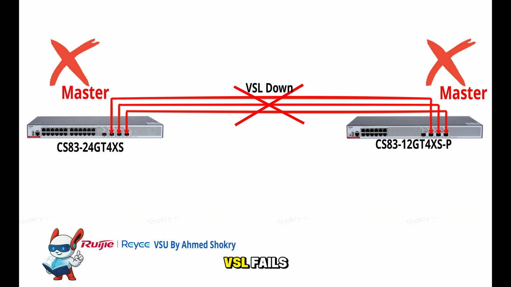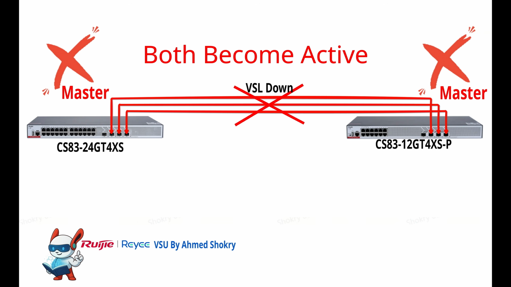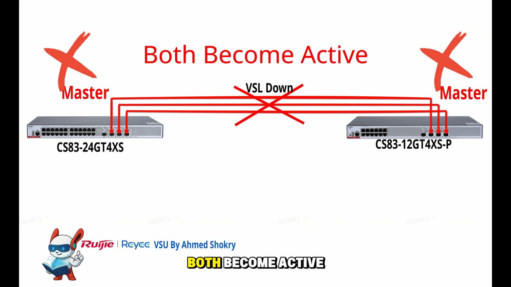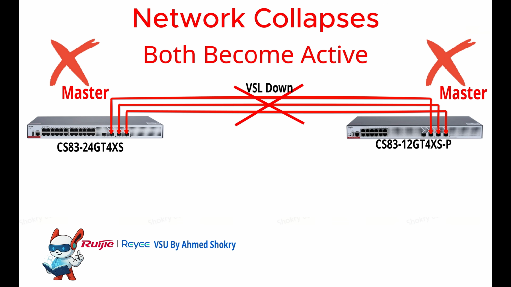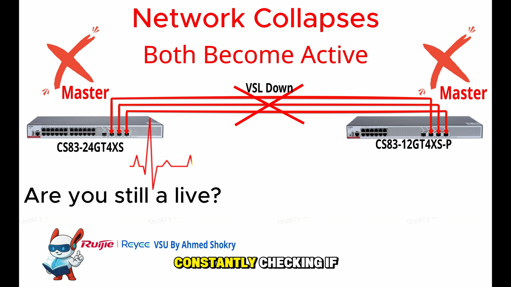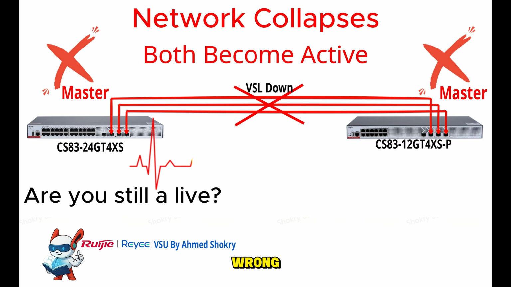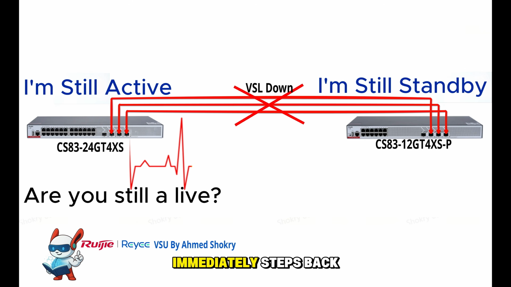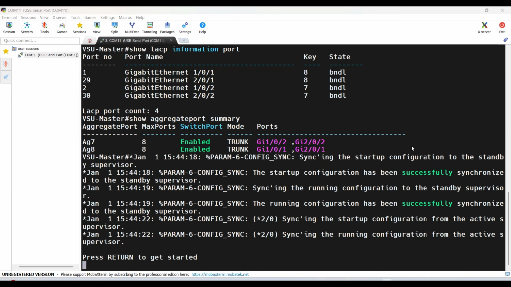Because if the VSL fails and both switches believe they are the active unit, the VSU splits, both become active, and the entire network collapses. The BFD link acts as a heartbeat channel, constantly checking if both switches are alive. If something goes wrong, the standby switch immediately steps back and prevents this disaster. Because BFD is a layer 3 protocol, not layer 2, making the port layer 3 is mandatory in Reyee